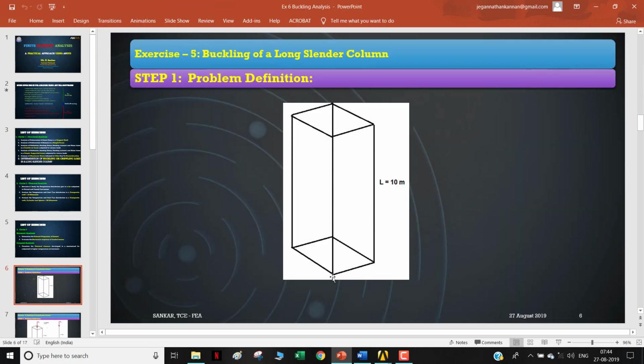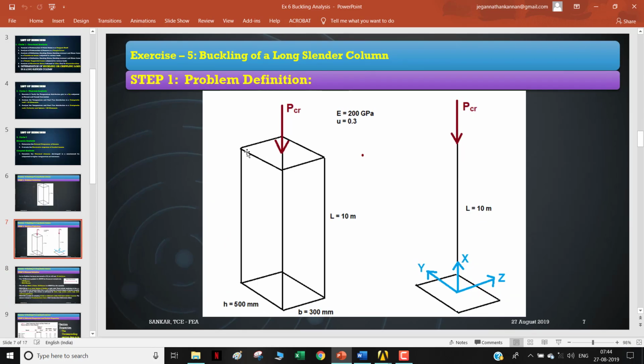Okay, so I have a long slender column of rectangular cross section of length 10 meters. I'm going to convert this three-dimensional column into a one-dimensional column using the concept of constant cross section, constant geometrical area. So I have a rectangular cross section of breadth 300 mm and height of 500 mm, and the entire length of the column is 10 meters. It is made of a material of Young's modulus 200 gigapascal and Poisson's ratio 0.3. So I need to find out the critical load required to buckle this column. So I need to find this PCR. So this is my ultimate aim of this